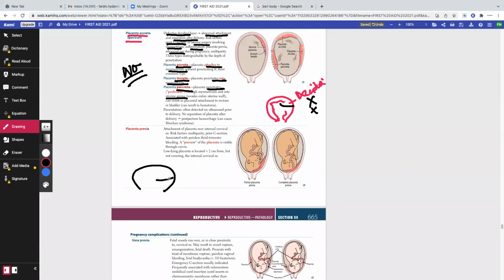If the placenta only attaches to the myometrium, right, through the decidua, because the decidua is defective, what is this called? This is called accreta. If they penetrate the myometrium, then we call this increta. If they penetrate the myometrium and attach itself to the uterine serosa, we call this percreta. Are we clear? Yes or no? So which one has the worst prognosis? Percreta. Okay, as simple as that.